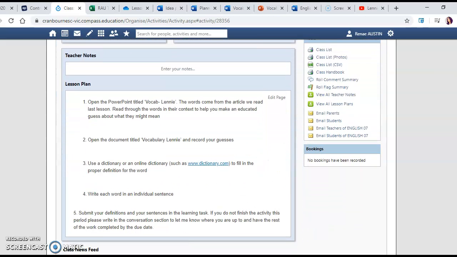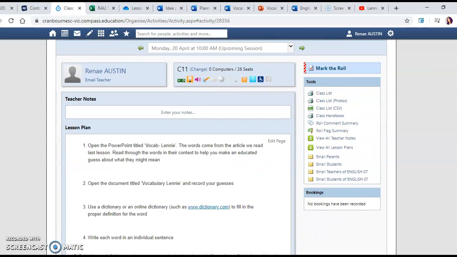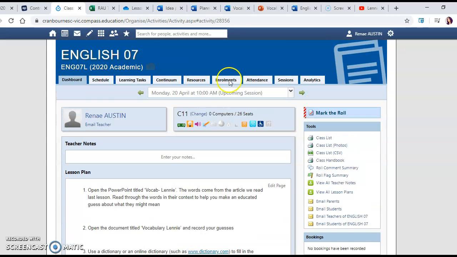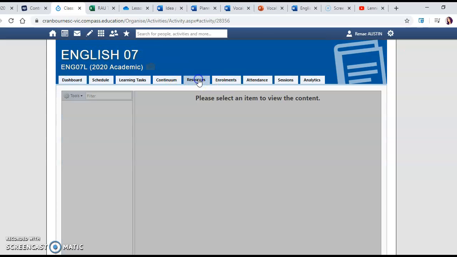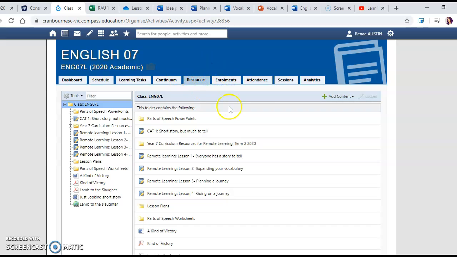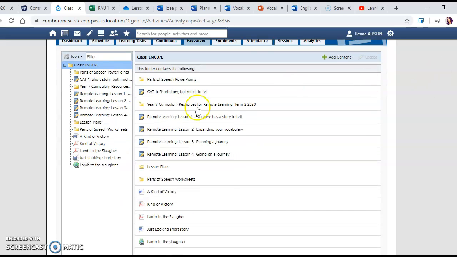You can see here I've got the lesson plan with the instructions. And now I'm going to click on the resources tab up here. And you should be able to see down the side, Year 7 curriculum resources, remote learning. Okay, so we'll always have them labelled as remote learning so that you know that they're for now. So for today, we've got